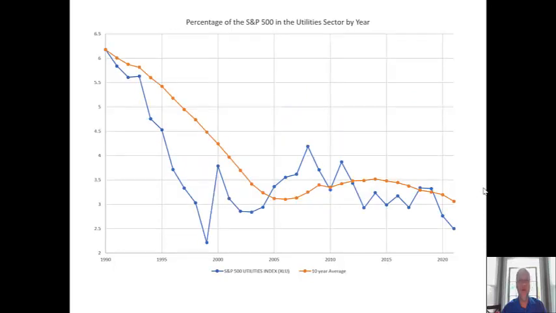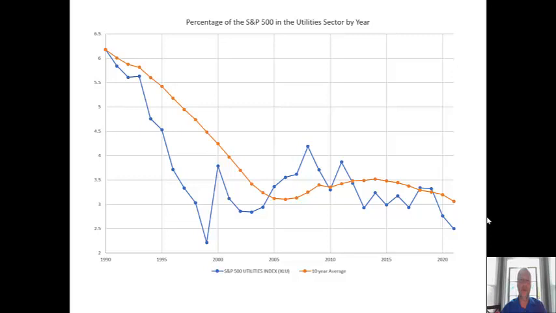A more stable sort of average sector is the utilities sector, and the utilities sector, well, it went down quite a bit in the 90s. It's been relatively stable since then. The utilities sector has lost money this year, but not nearly as much as tech. So if you had chosen the 10-year average in utilities, you would have been at a little over 3% instead of 2.5%. That extra 3 is largely taken out of tech,